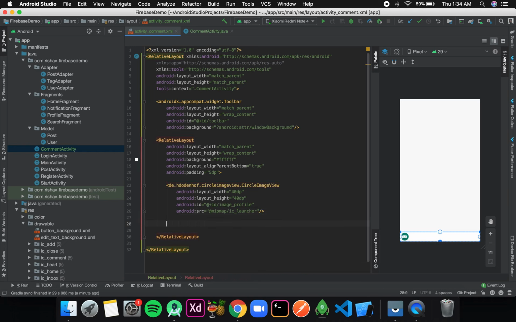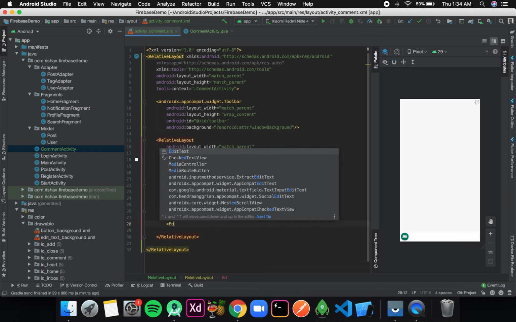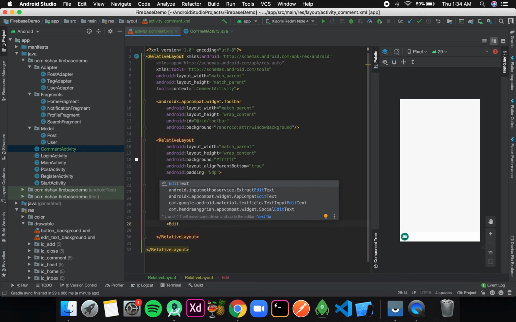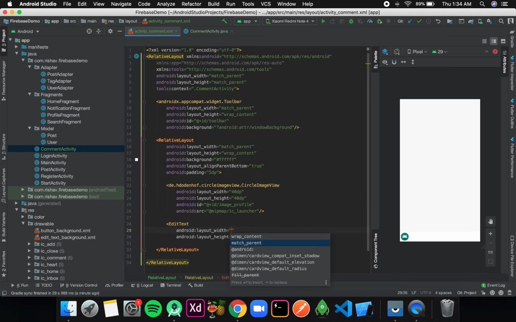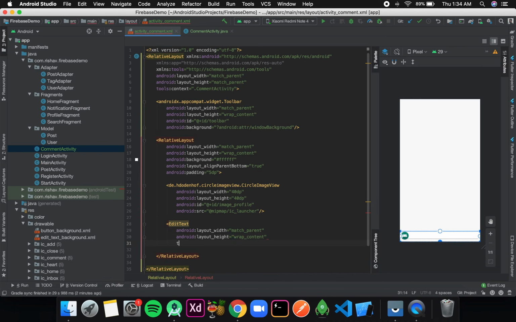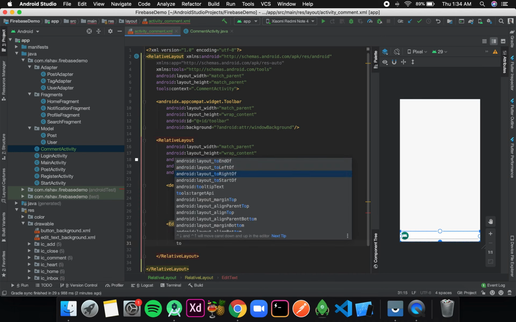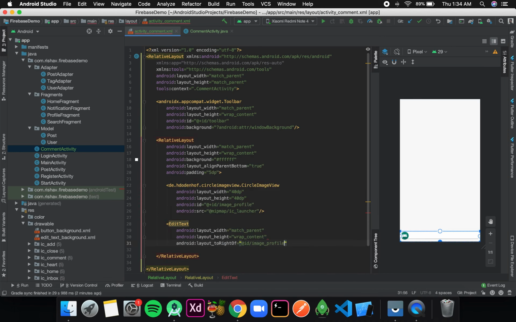Now after the CircleImageView, I'll have an EditText to enter the comment. So the width will be match_parent, height will be wrap_content. And it should be to the right of image_profile. It will have a hint of "Add a comment...".